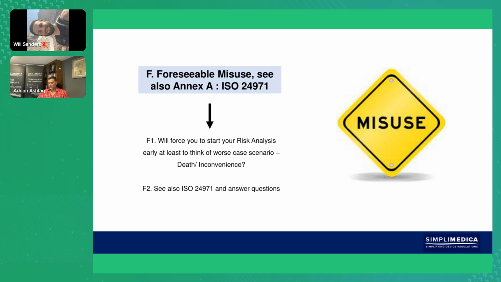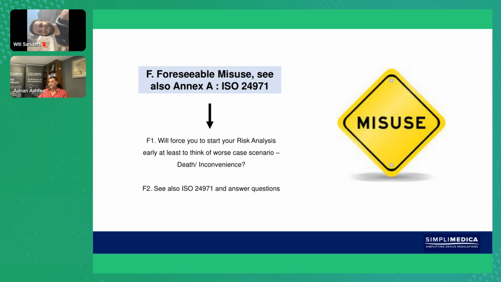If it's a class 1, 2, or class 3 device, if it's a class 3 device, it could be an implantable device. That could be pretty serious if something goes wrong with it, as opposed to something which is a class 1, which could be a surgical glove or a surgical instrument, disposable, never to be used again. So again, if you look at 24971, you look at some of the questions that are being asked, it's asking all the right questions, especially if you've never done this before, and you want to navigate to make sure that you've done this right at the outset.